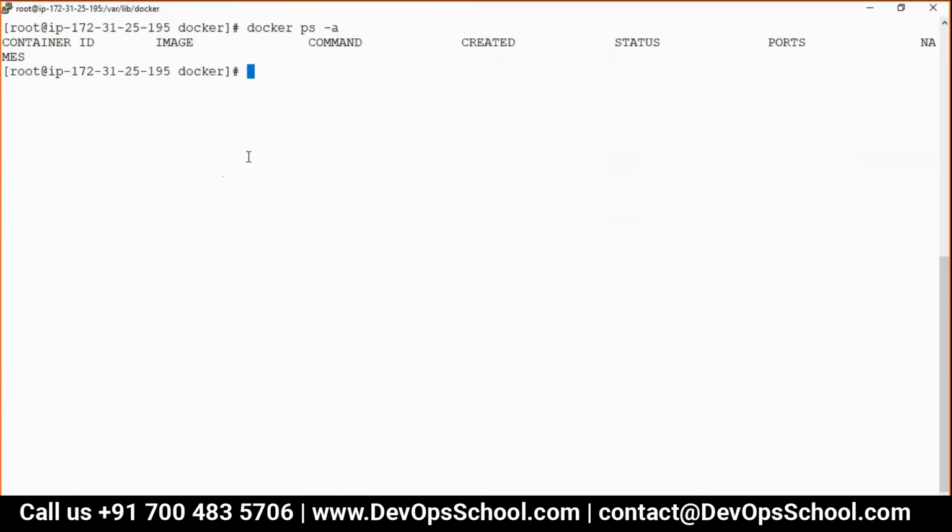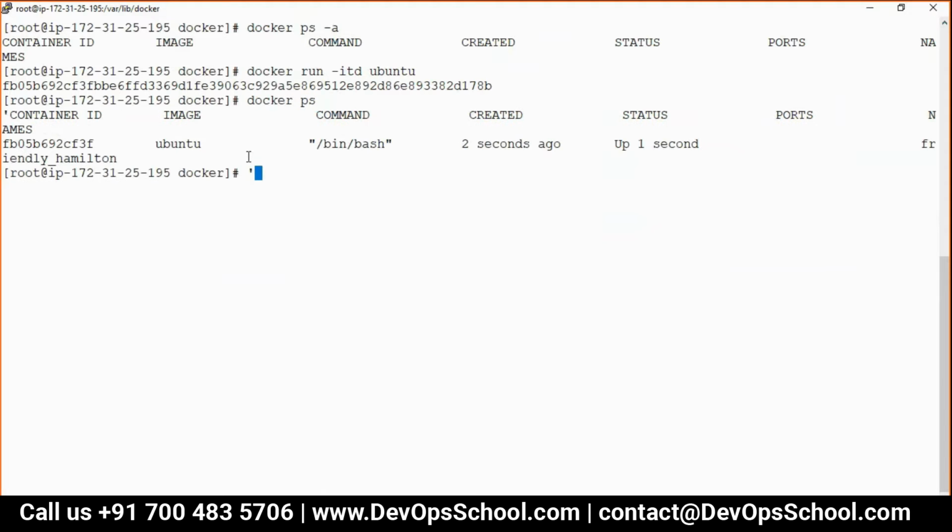So here what I am doing is docker run ubuntu. If I run this command, it will run and exit, which I don't want. So I'll make it interactive. At the same time, I don't want to go inside and press Ctrl+PQ or something like that, if you remember. I hope so. So I'll do detached. This way, the container will get created and at the same time will not get attached. So now we have a container. Now with this container, I want to copy some files and directories.